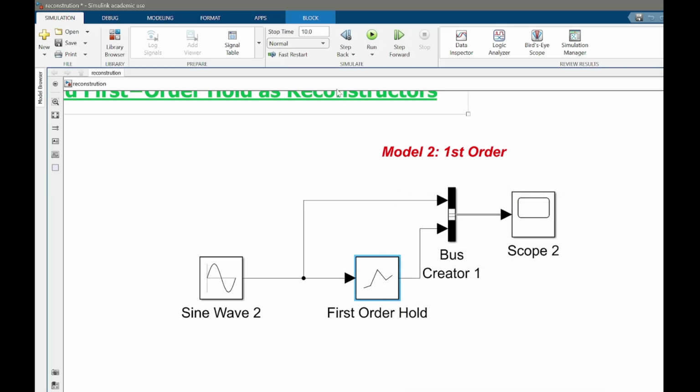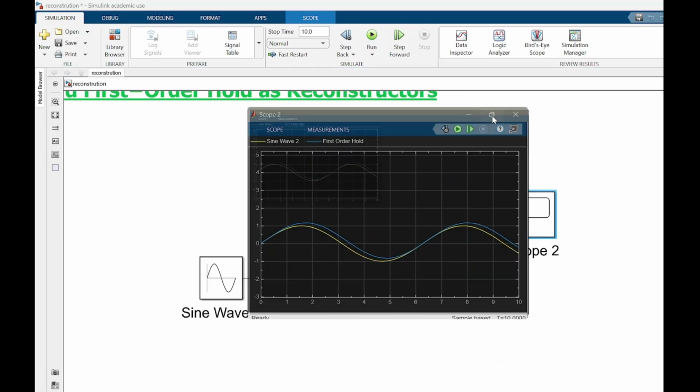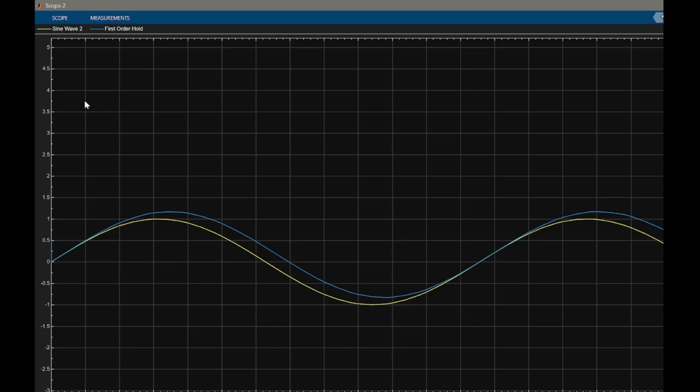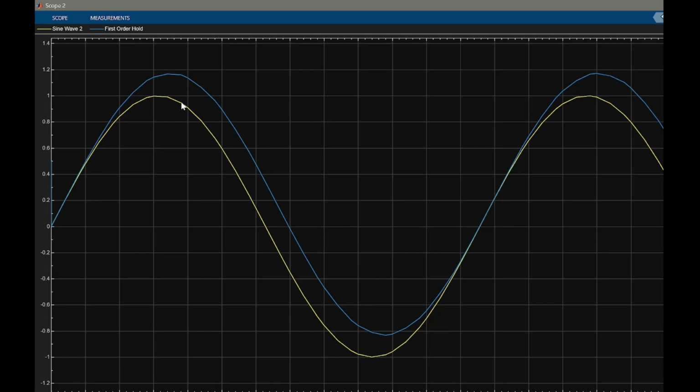Now I have already run the simulation. You can see that again the yellow waveform is the original sine wave, the blue waveform is the reconstructed signal. Instead of a staircase, the reconstructed signal is much smoother,